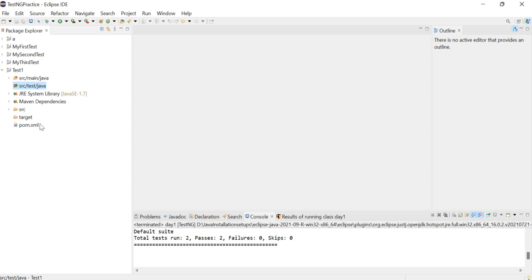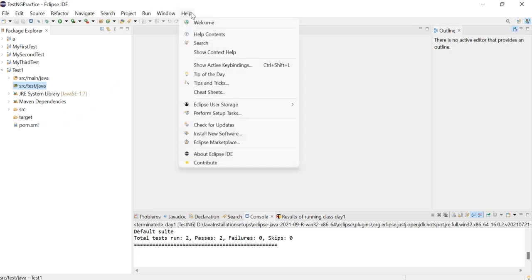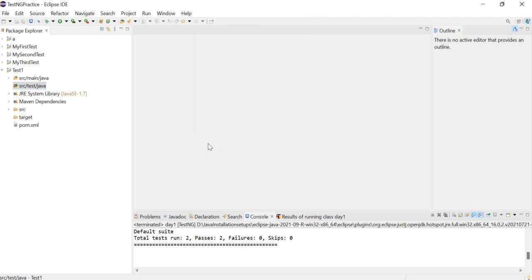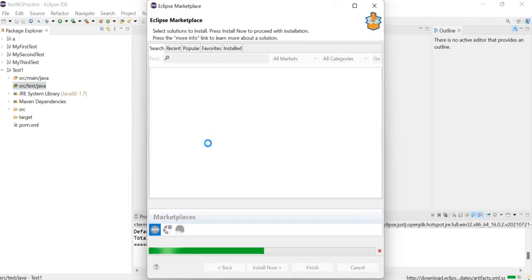how to add TestNG to our project. In our Eclipse, how do we add TestNG? For that, there is a Help option in Eclipse. After clicking on Help, we have to go to the Eclipse Marketplace, and in the Eclipse Marketplace